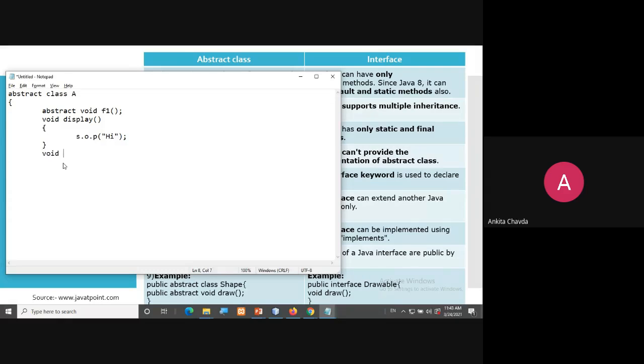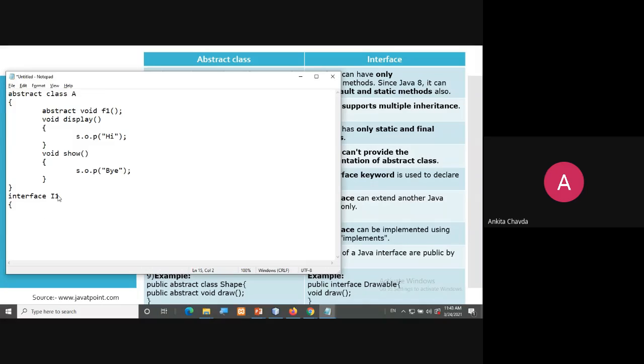One more method, void show, or any method you can include here, thousands of methods, whatever you like, and you are printing. So here you can see that in this abstract class, you have abstract methods and non-abstract methods also. But in interface, you have all the methods